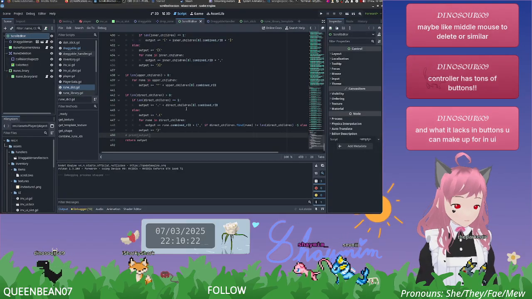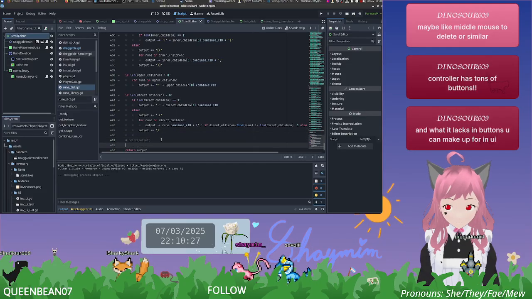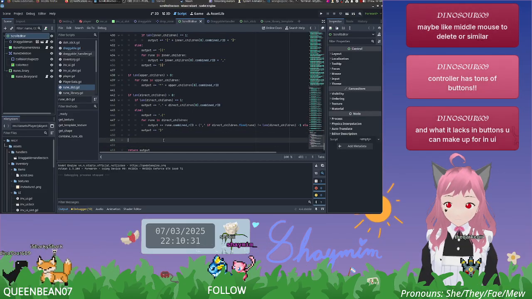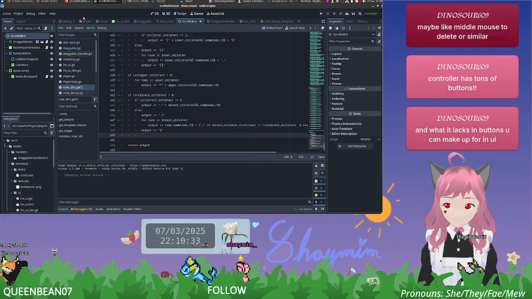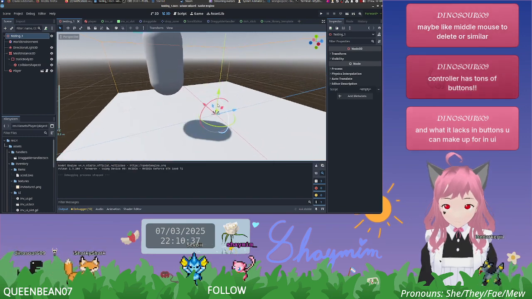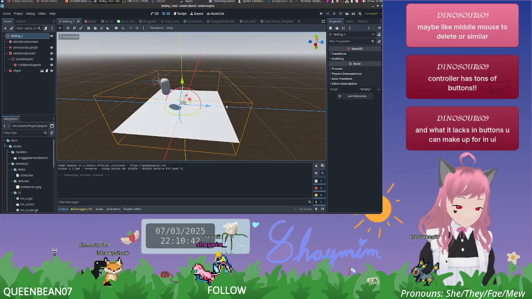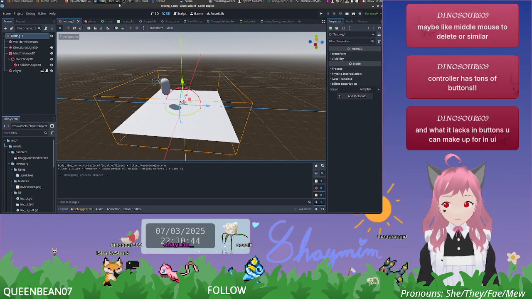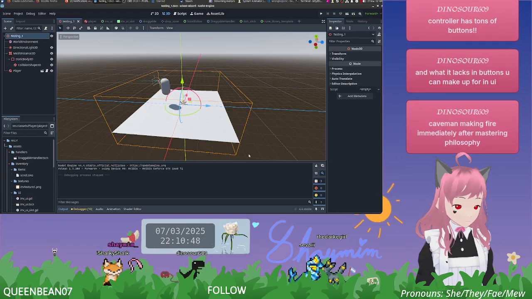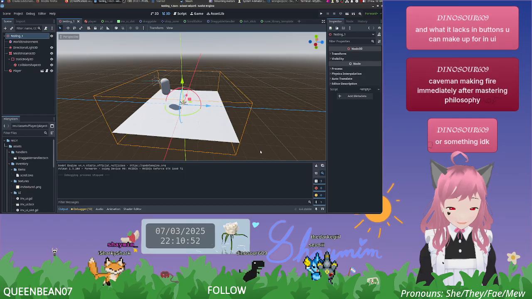What I've got to figure out right now is... I think I was going to look into... over here. I was going to figure out how to make basically a workstation. Right? So basically something that will bring up the editor menu, so that you would click it and